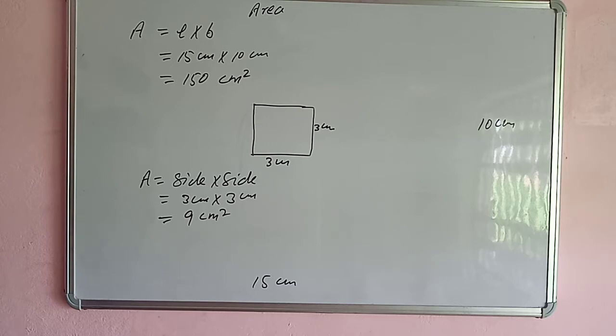So here we have some questions. Which of the following has larger area? A stamp or an envelope? First of all, compare which one has greater size. The envelope has greater size, so the area of the envelope is greater than the area of the stamp. Next, a blackboard or an art sheet. The size of the blackboard is bigger than the art sheet, so the area of the blackboard is more than the area of the sheet.